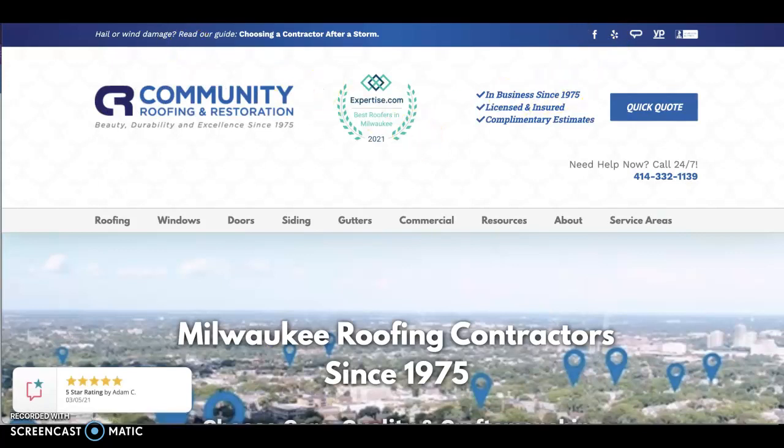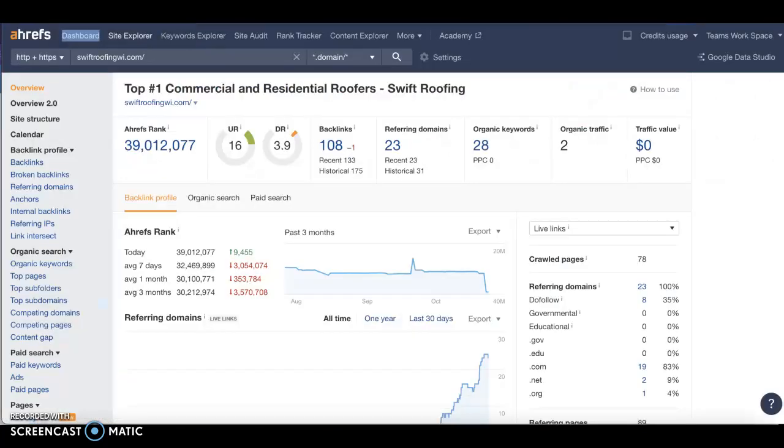Now, what I want to show you before I end this video is just a quick analysis of your site and also the competitors, so you see what you need to do to improve its performance and start getting more traffic and more business. So this is going to be the strength of your site, and this is the trust or credibility. You have 108 backlinks coming from these referring domains, 28 organic keywords. However, this is only bringing about 2 organic traffic per month and this traffic value.